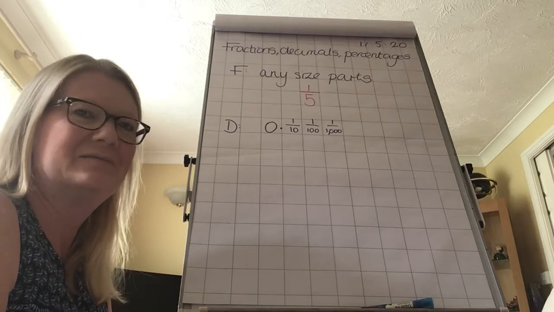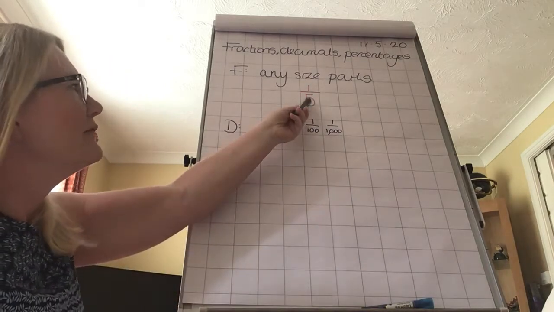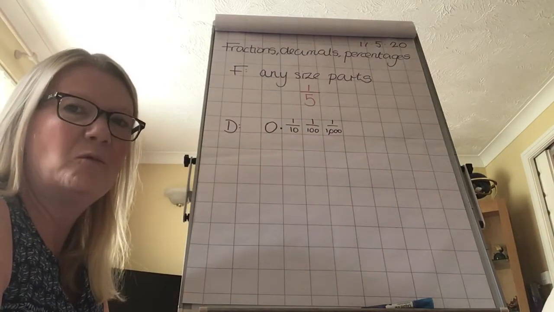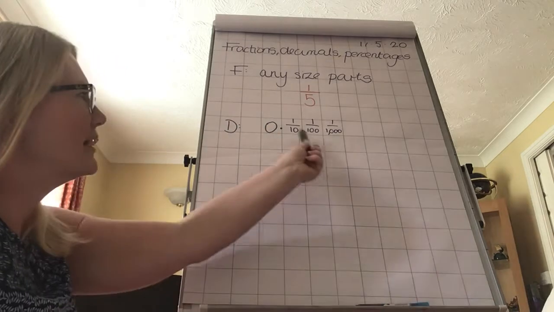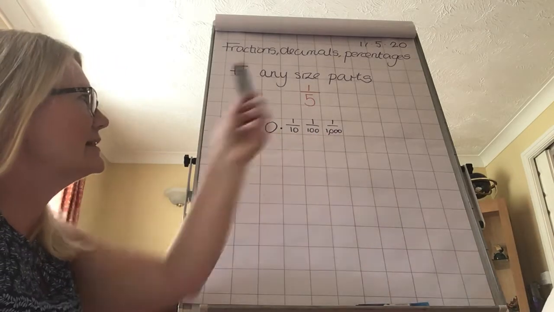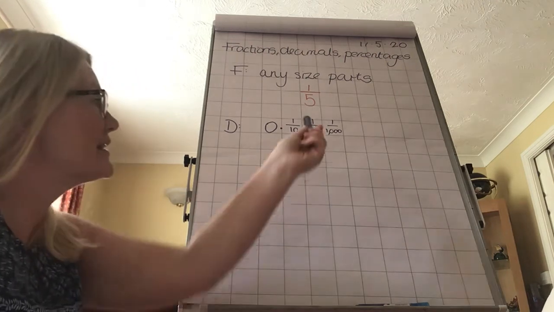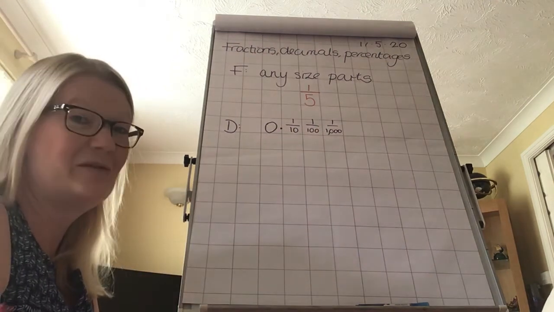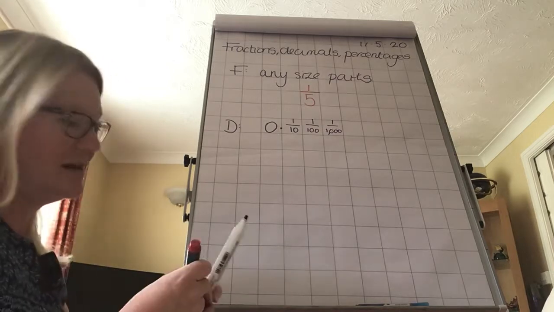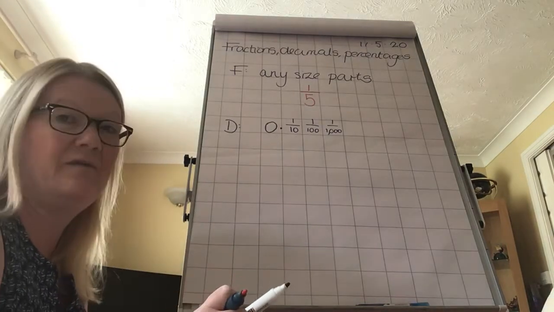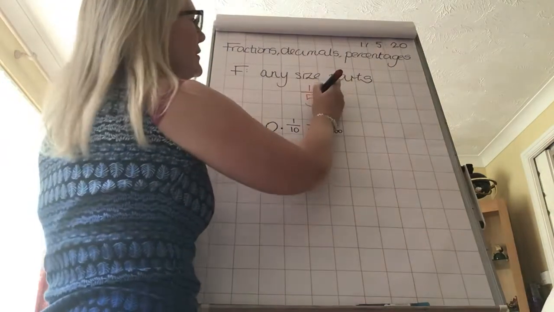What can we do? We can find an equivalent fraction for 1/5 using one of these denominators. Now simply, the easiest one is to convert fifths into tenths. I chose a simple one to get you going. So if I want to convert 1/5 into tenths,